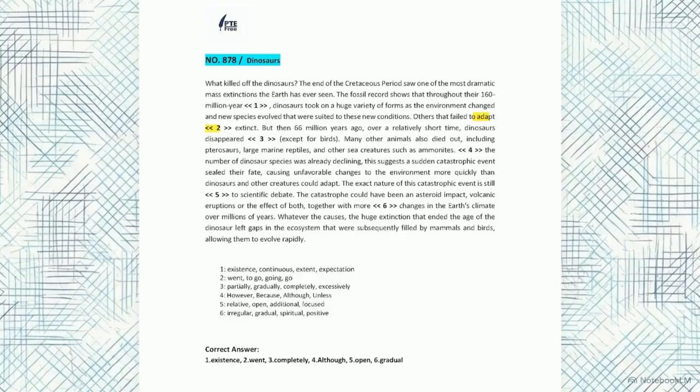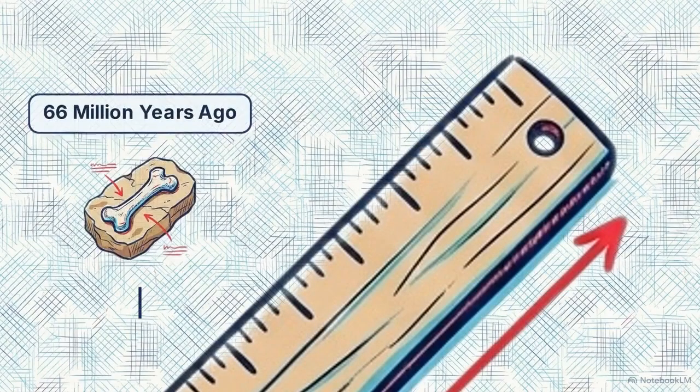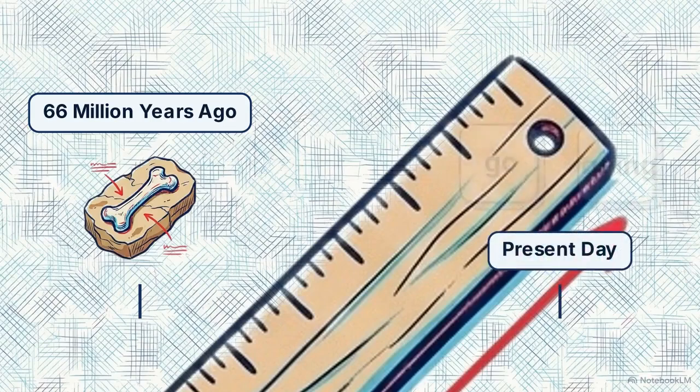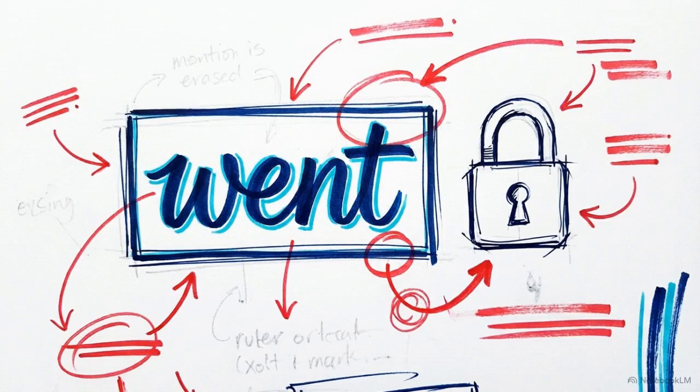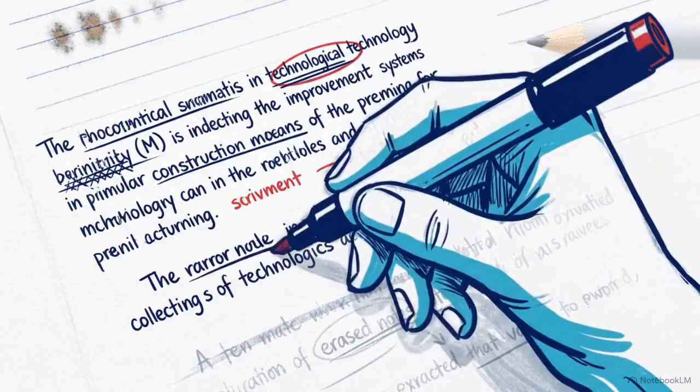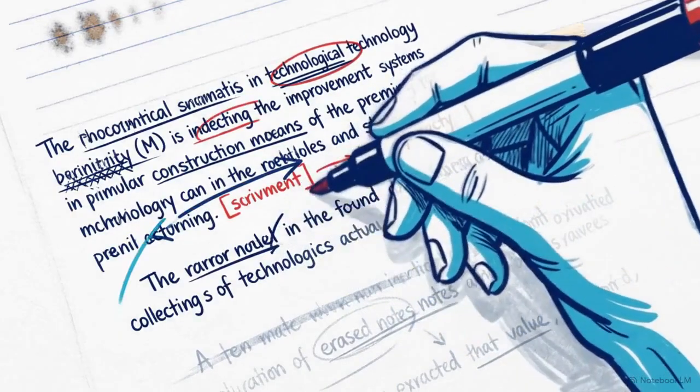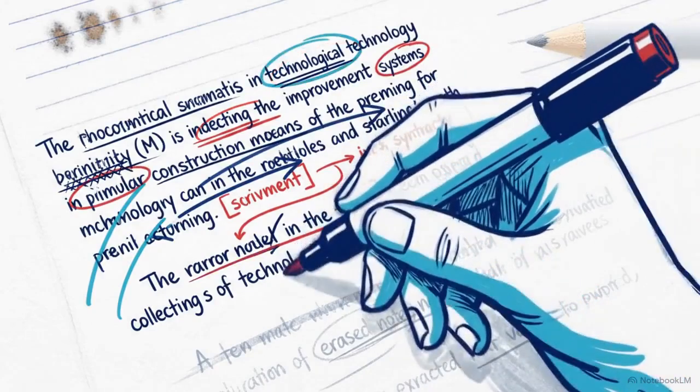For blank 2, the sentence describes dinosaurs that failed to adapt and then became extinct. Since the text describes an event that happened 66 million years ago, we can eliminate present tense options like go and going. This leaves went, which fits the past tense requirement and completes the fixed collocation, went extinct. Identifying the required part of speech and the necessary verb tense allows us to narrow down the choices before we